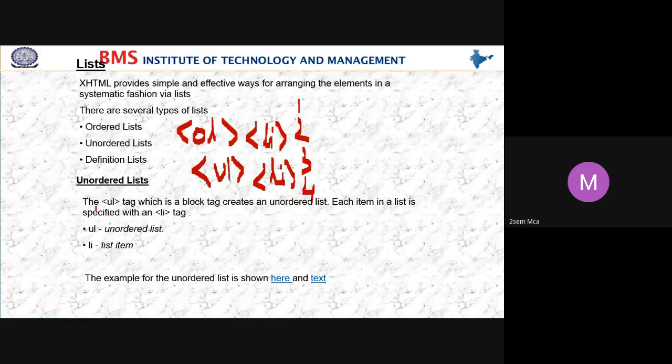The UL tag, which is a block tag, creates an unordered list. Each item in a list is specified with an LI tag.